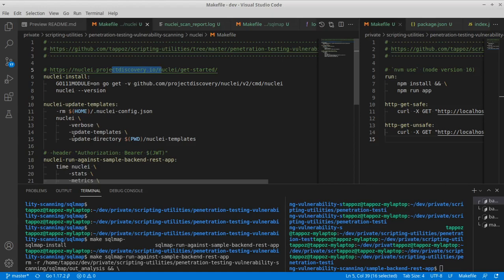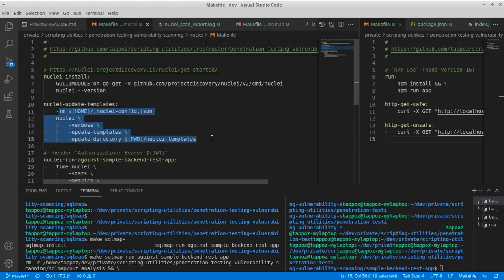And then you need to install the standard templates. This is a very long list full of very different tests that are provided as YAML configuration files that describe an attack. You can also write your own templates if you want to test some very specific scenarios, but we can start from this